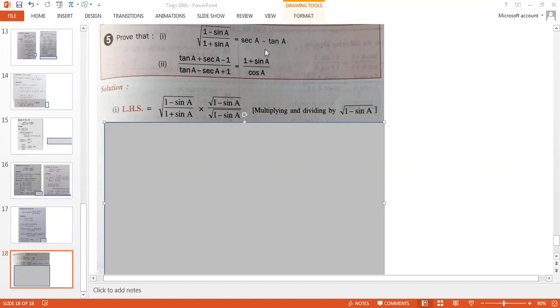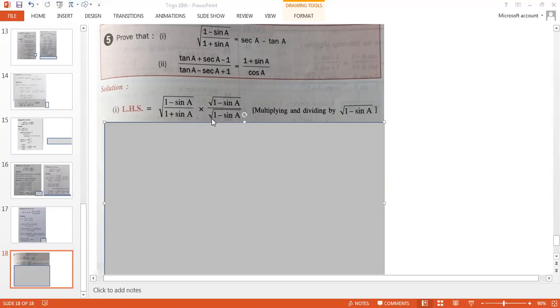Now cos A, if you want it as a denominator, and we have 1 plus sin A, so we can get that cos A in the denominator by rationalizing the denominator. So I am rationalizing the denominator. I hope you understood why I rationalize the denominator only, because on the right hand side we want cos A in the denominator. Ultimately that's our goal. So here I'll have to take rationalizing the denominator only. If I rationalize the numerator, the purpose won't be solved. So we will rationalize the denominator.